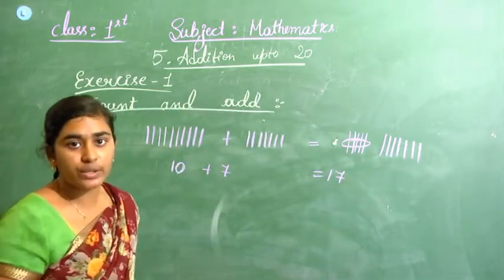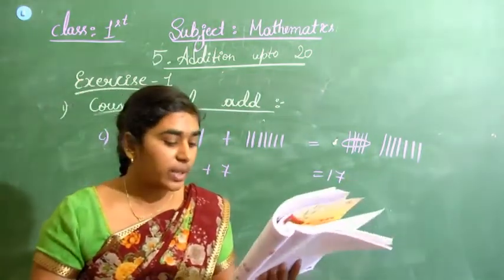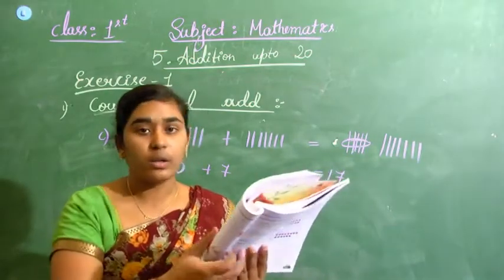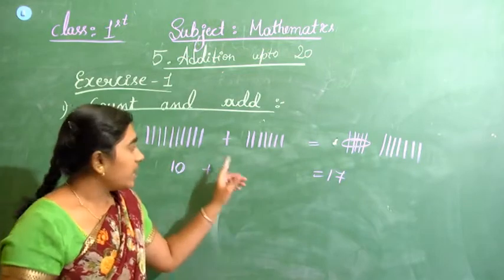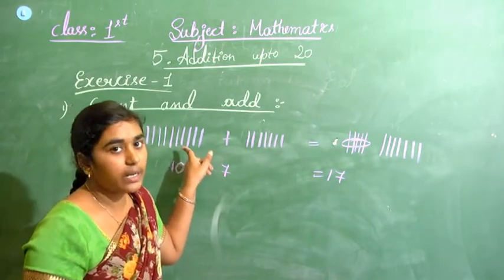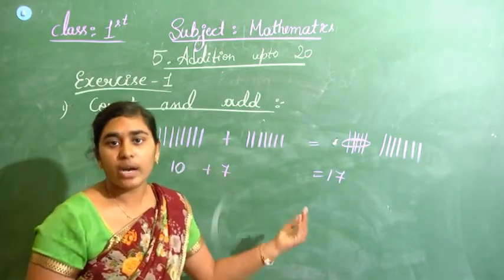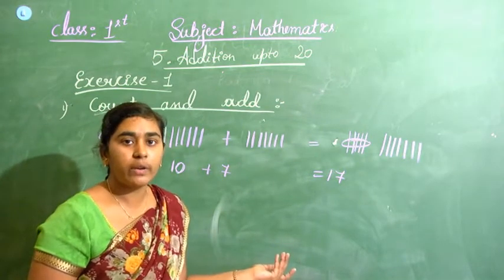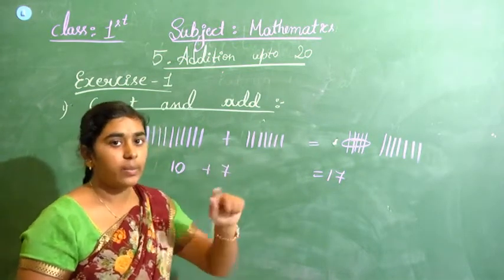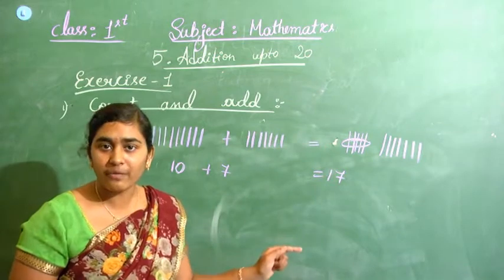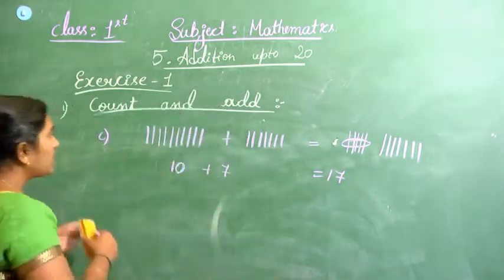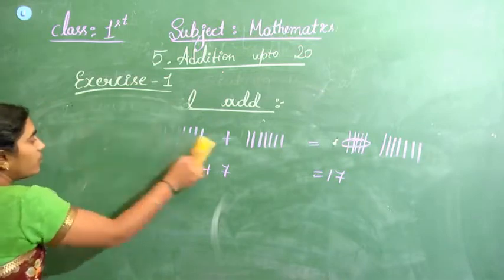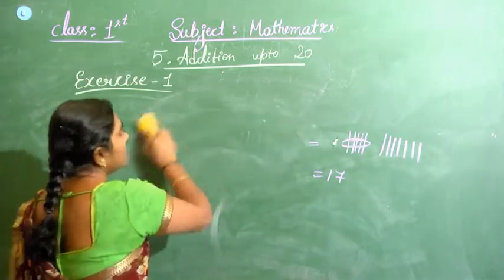So finish up the next questions. It is also a similar way. Here also, see, count and add. Next, here they are given the number 10 directly, but next they are not going to give the number 10. As I did in the example, you need to make a group of 10 and then add by yourself. So let's see how to make the group of 10s.